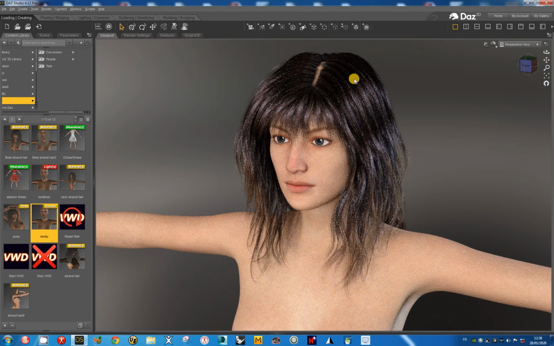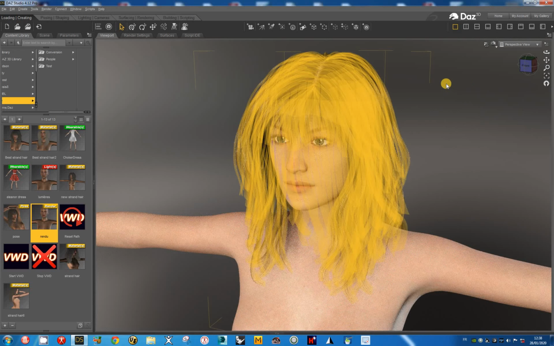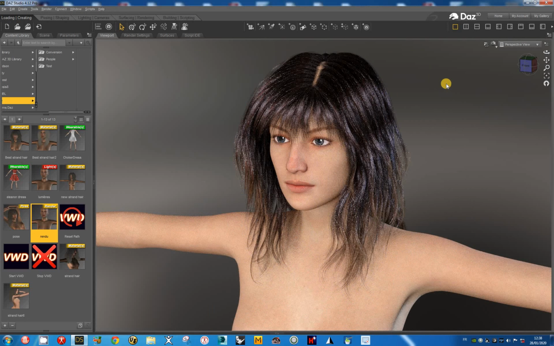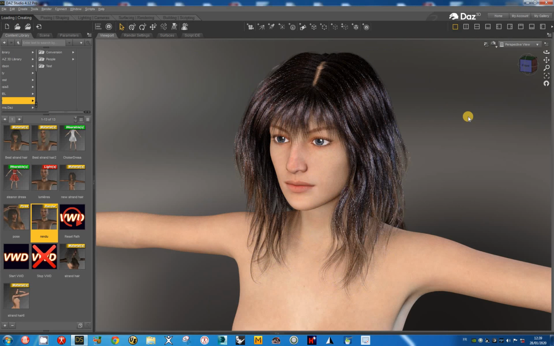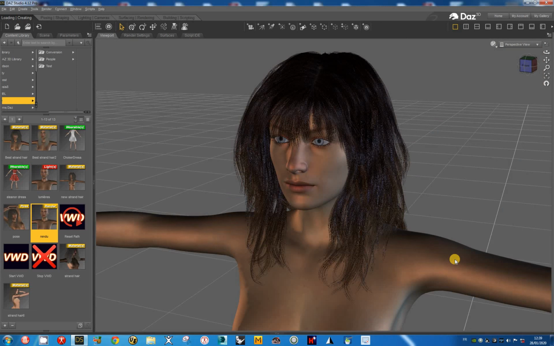The hair is not very well placed on the character, but it is not very important. The result is very good, but there are some transparencies in the hair, and it is difficult to do a simulation using this hair, to have a very good simulation. I return to the classic view. I remove